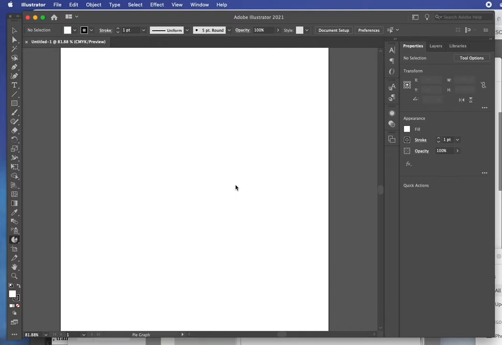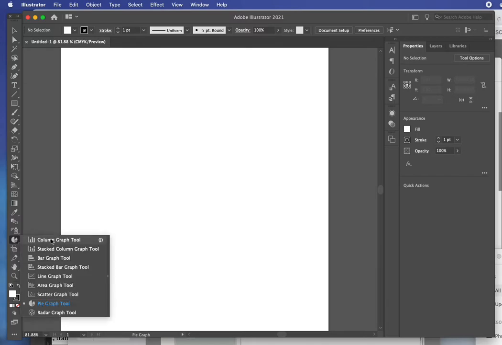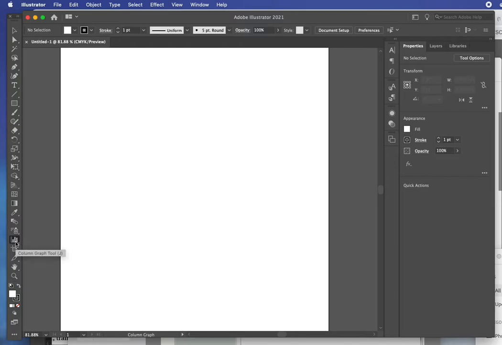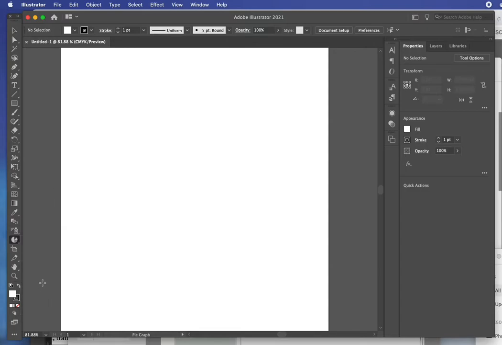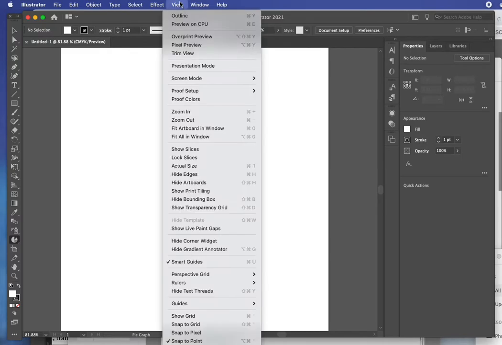As I discussed in the previous movie, Illustrator gives you some tools for creating simple infographics, and mine is currently set to pie. I think the column graph tool is default, so if you are seeing this tool, you're probably seeing that one if you have not used these. And if you're not seeing either of those tools or any of the other options here, which include a stacked column graph tool, a bar graph tool, a line tool, a scatter tool, a couple of others, I'm going to stick with pie for the time being,